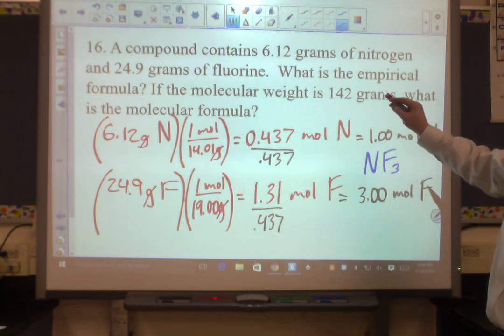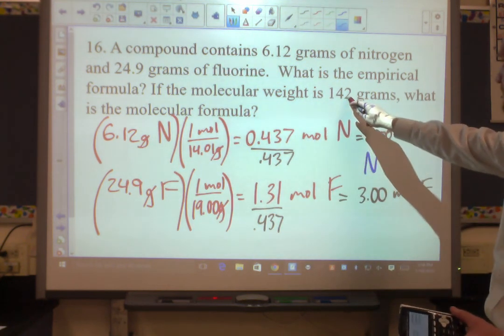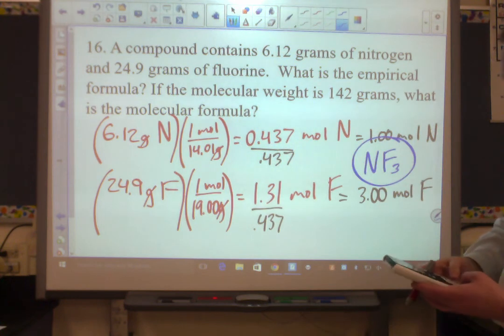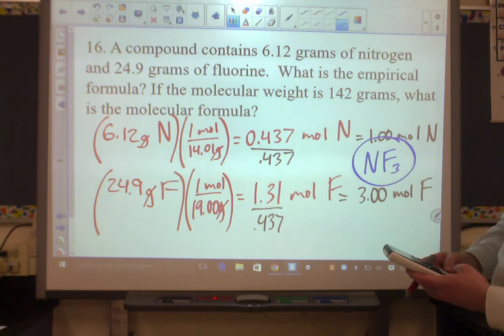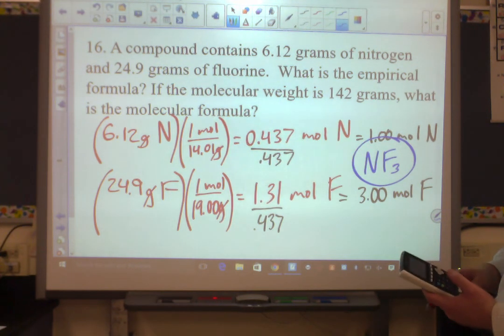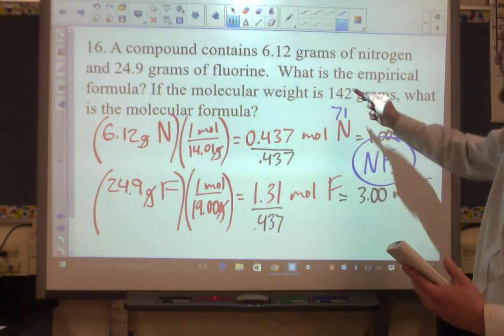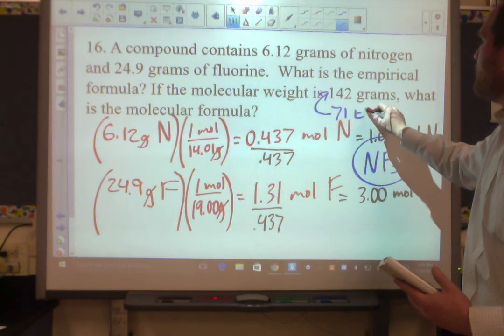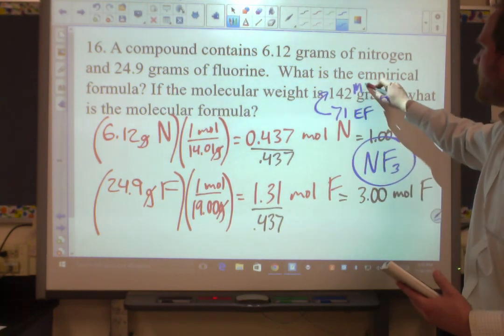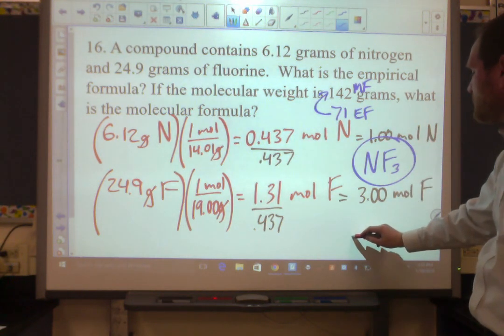So, to find the molecular formula, I look at the molecular weight, also known as molar mass, and that's 142. I need to get this molar mass and compare the two numbers. So nitrogen is 14.01. Each fluorine is 19. So I'm going to add 3 19s to that. And I end up getting 71.01. So right off the bat, I can see the trend here. 71, 142. It's obviously twice as much. Or in other words, the empirical formula is half as much as the molecular formula. So the molecular formula weighs twice as much. I'm just going to double this. So I get